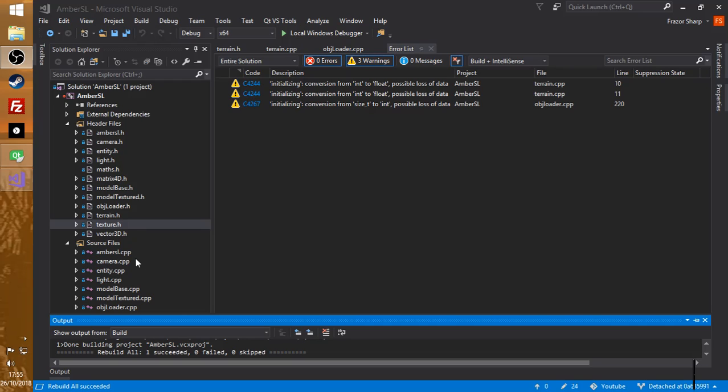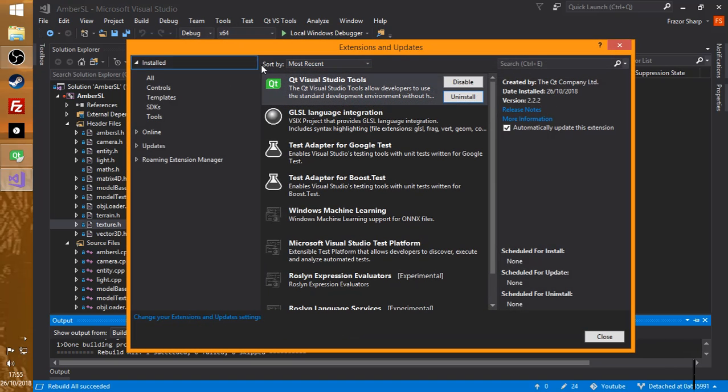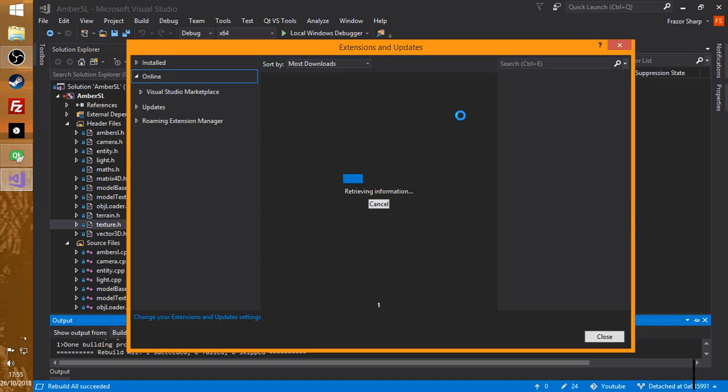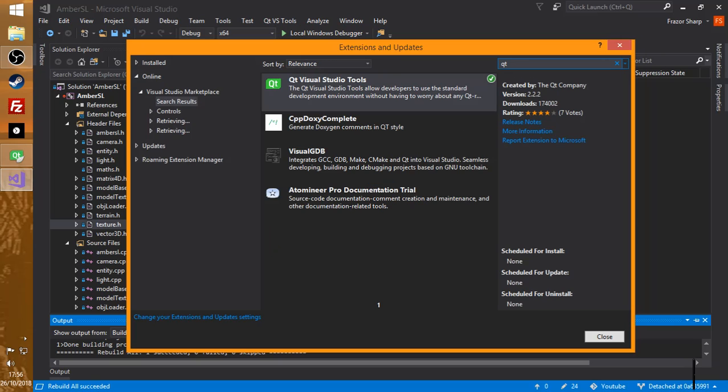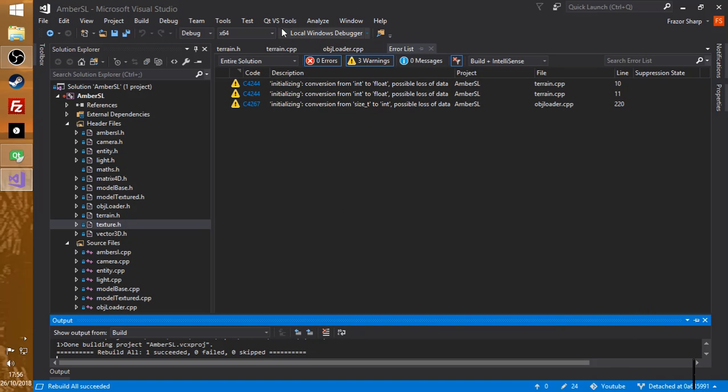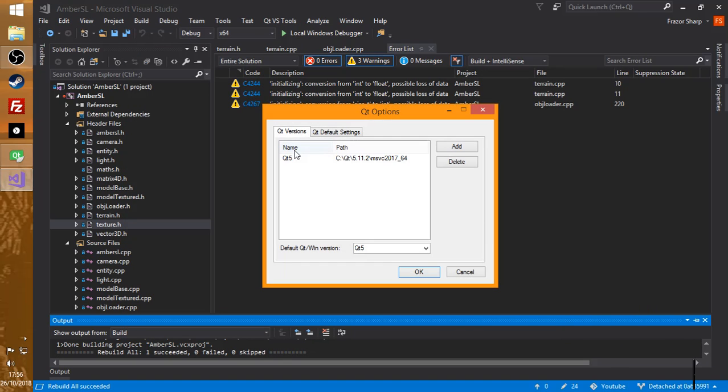Right, this is Windows. Yes, I'm on Windows, and what I've done is I've loaded up Visual Studio. I've already got Qt installed, obviously. Under Tools, I've got this off the online, by searching for Qt. There you go. And I've installed it. There we are. Then I've gone to the options and I've added Qt5, named it as Qt5, doesn't matter what you name it as really. Put the path in,